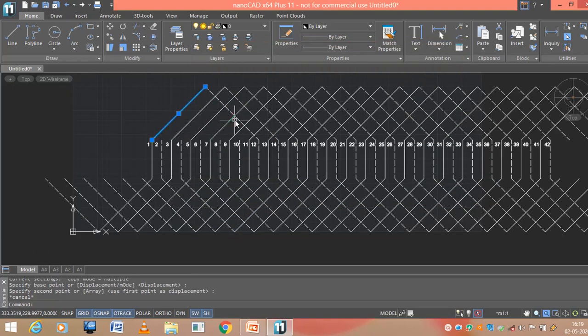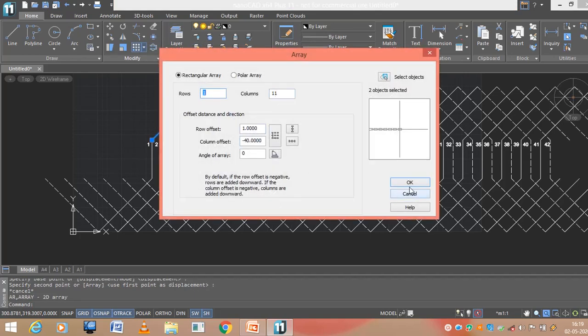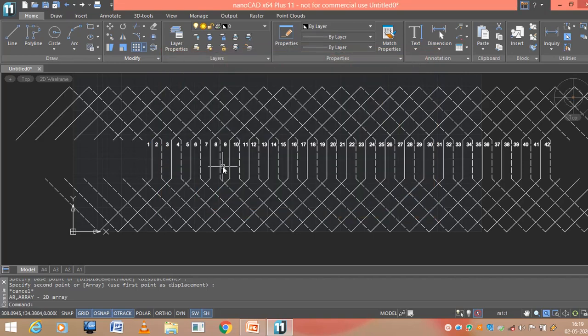Likewise here also at the top connections. No need of 11, I think. Let us go for 8. Yes, I got 2 extra, so I will be deleting this.